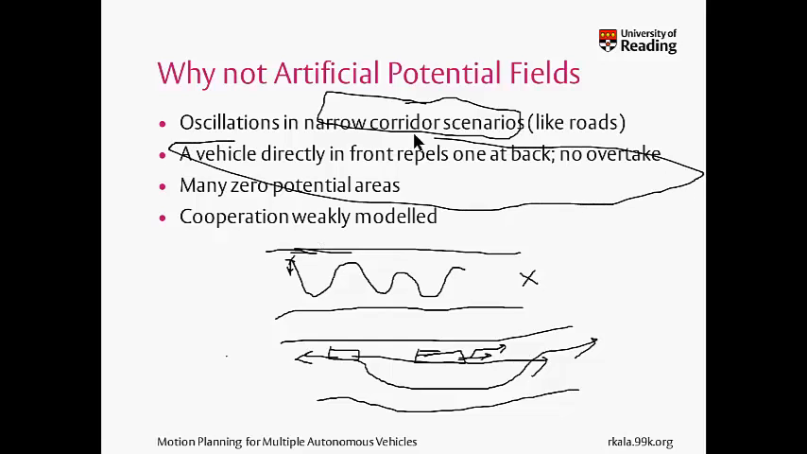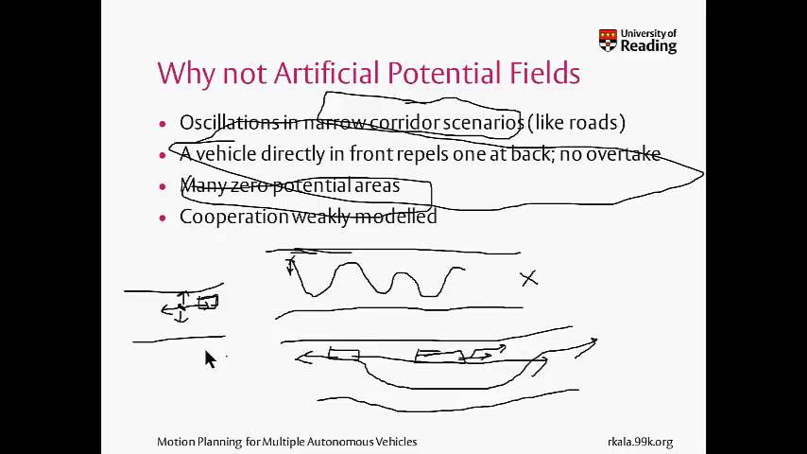So there's nothing like overtaking that can take place in its normal philosophy. As well, if there is an obstacle like this, now this is a zero potential area. And why is it a zero potential area? The repulsion from this wall cancels the repulsion from this wall. This obstacle repels backward and the goal attracts forward, so all the forces cancel each other out. And like this, if we generalize the scenario, there are many zero potential areas, which is another limitation of the